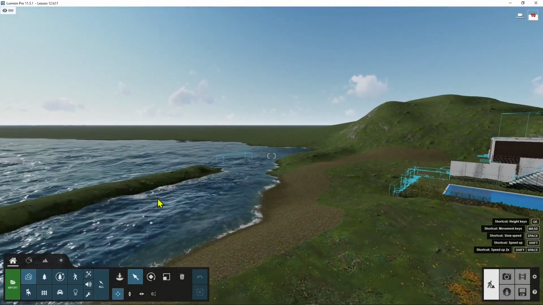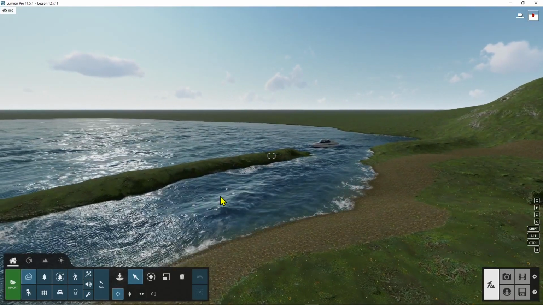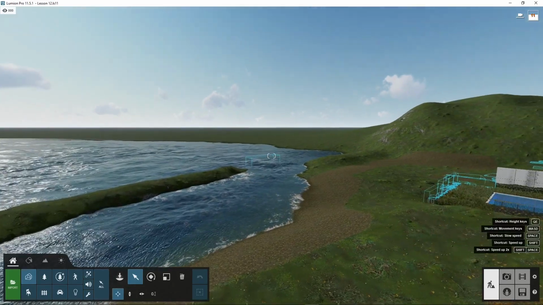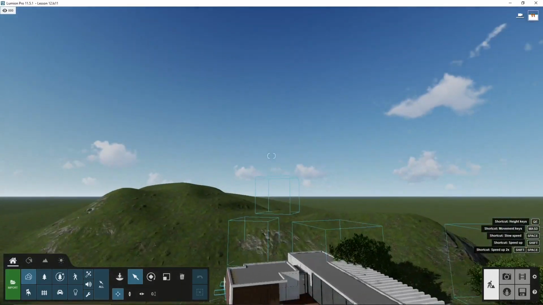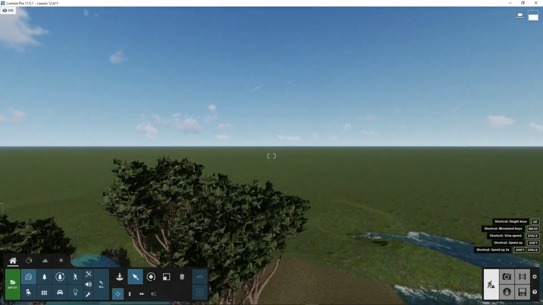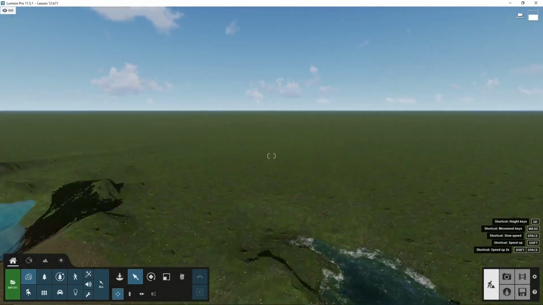And this is the ocean right here, and I will show you how you can manage it, how you can create, for example, a lake or a sea or an ocean. So let's start with the landscape tool. So I'm gonna move here into some part that I haven't already modified or sculpted, and we will start with